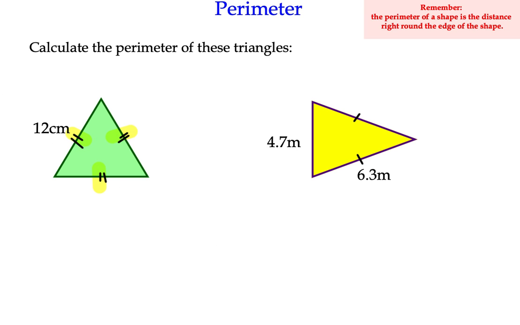I know over time, rather than always using two, we just said, well, let's just draw one line. So what started off as an equal sign just became a dash. But you still see some double dash lines, and we'll maybe look at that another time. So what I'm trying to say is that when we see these little dashes on our lines, it means that any line with the same dash is equal in length. So in this triangle here on the left, all three lines have a dash, which means that all three lines are actually